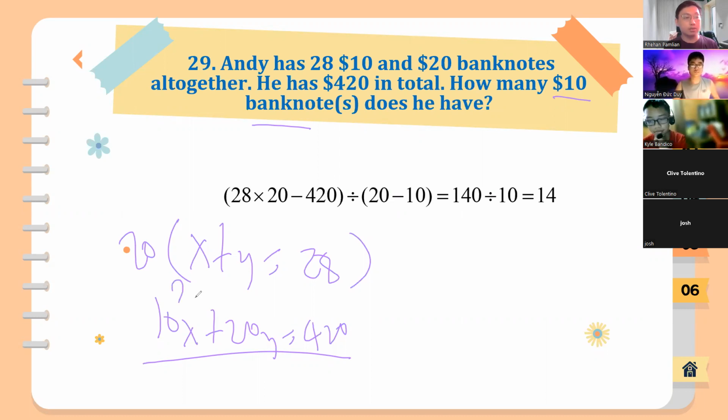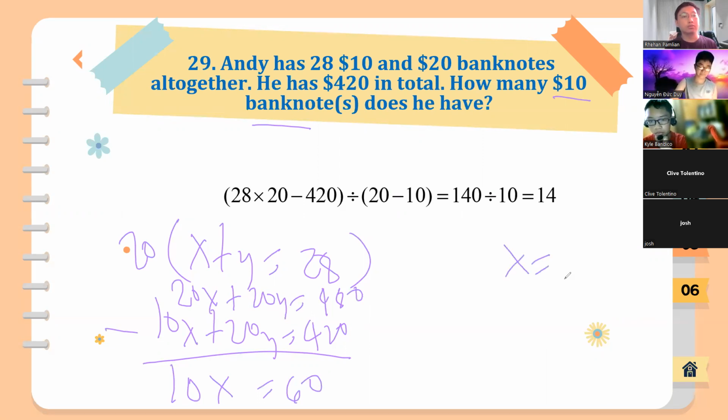So that is going to be 20X plus 20Y. 20 times 28, that's 480, right? Then if you subtract, 20X minus 10X, that's 10X. That is 0Y. So 480 minus 420, that is 60. So X would be equal to,